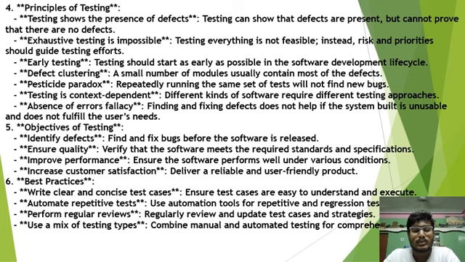Defect clustering: a small number of modules usually contain most of the defects. Pesticide paradox: repeatedly running the same set of tests will not find new bugs. Testing is context dependent. Different kinds of software require different testing approaches. Absence of errors fallacy: finding and fixing defects does not help if the system built is unusable and does not